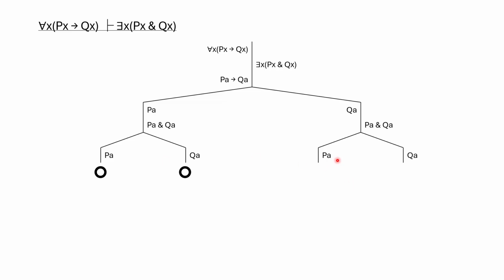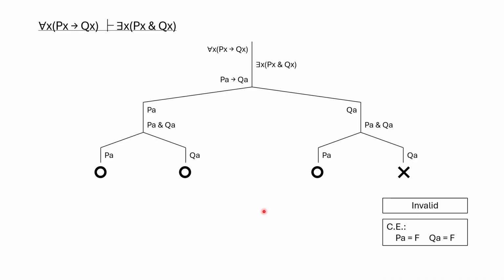I've got a PA on the right, I've got QA on the left, still not finding anything that's going to close. I've got a QA on the right and QA on the left, so that one is going to close, but the fact that I have at least one open branch means that this is going to be invalid. And so for the counterexample, again, we can go up any branch that we want. We could have just picked a counterexample where PA is false. That's totally fine. Here, I think I picked this branch where QA is false and